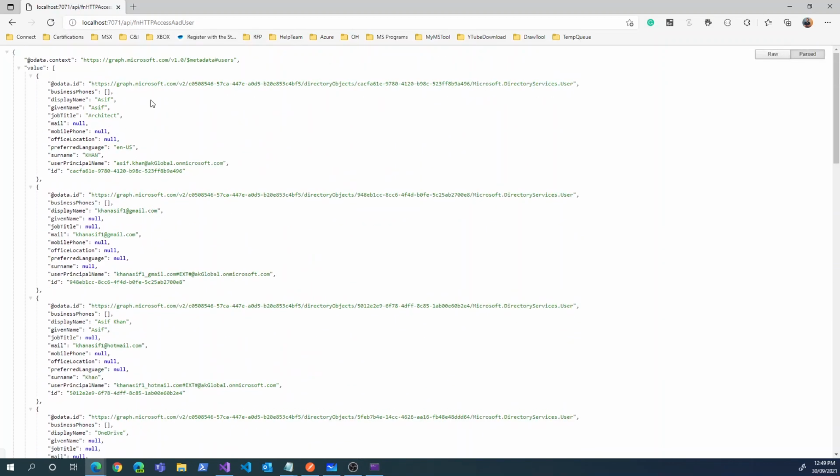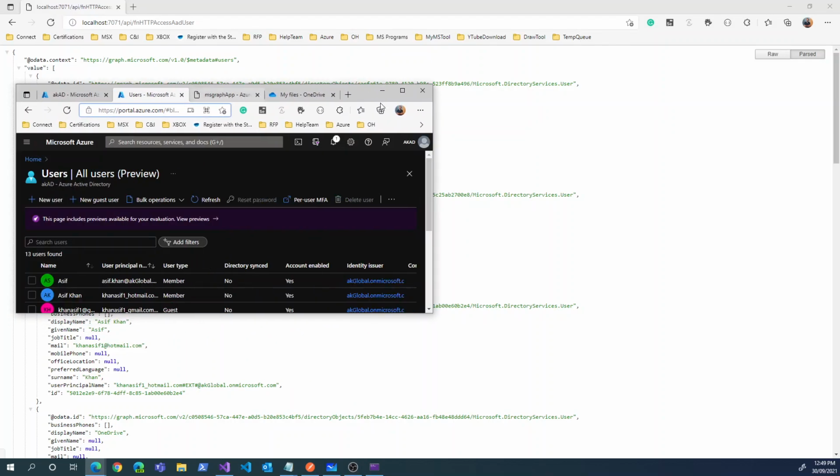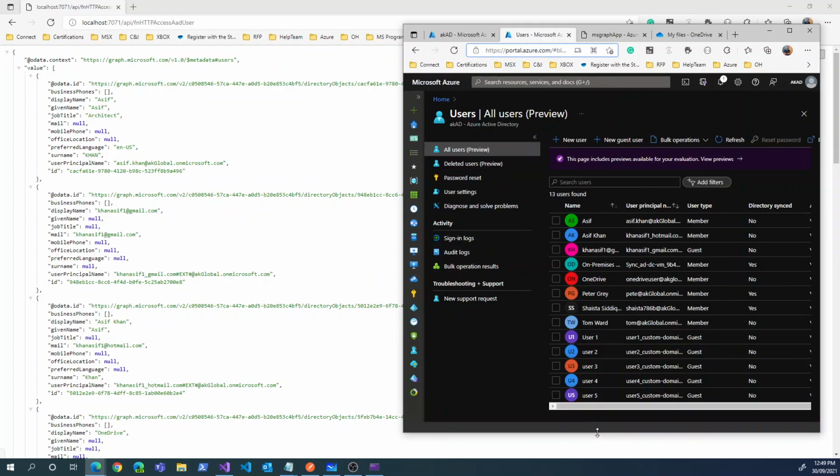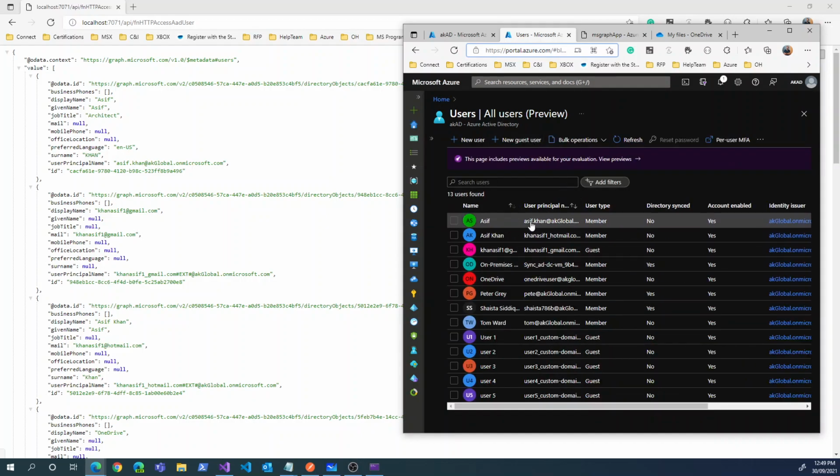Now, where exactly are these users coming from? So I'll quickly show you the Azure portal. And if I go inside my users, so if I come over here and I just make it a bit on the right side. All right, so you can see quite a number of users. That's my AD tenant,